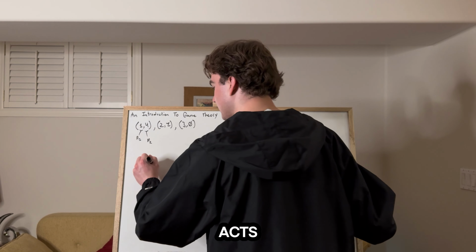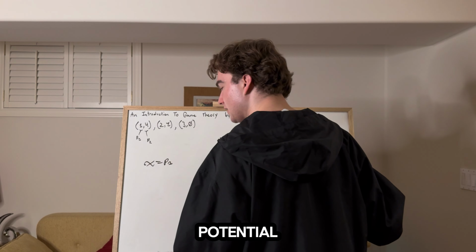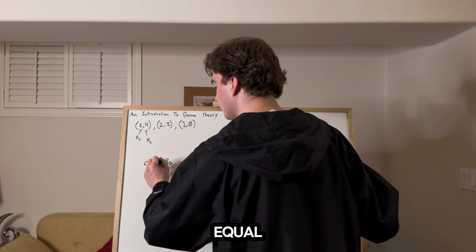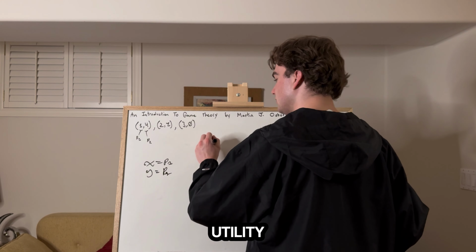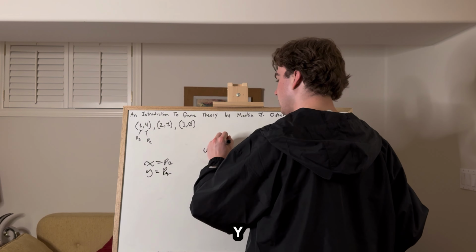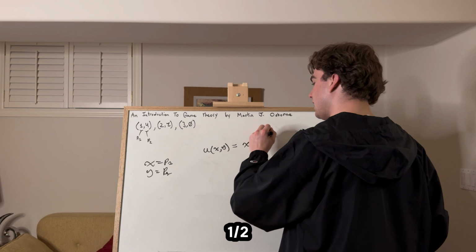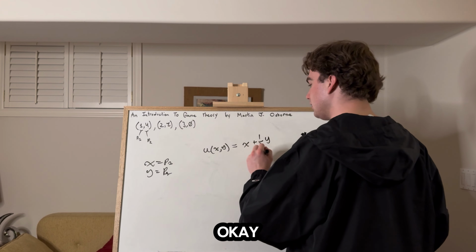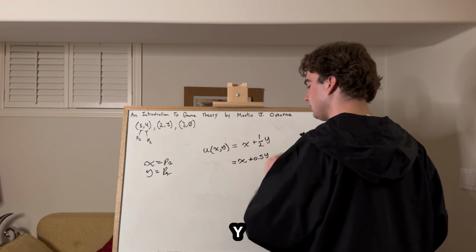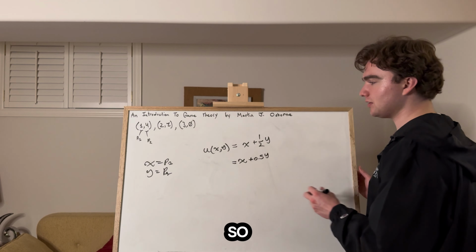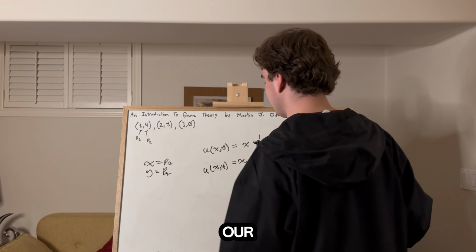So I'm going to let x equal player 1's potential gain and y equal player 2's potential gain, okay? And so your utility with respect to x and y is equal to a full x plus 1/2 of a y, okay? Or you could write x plus 0.5y, okay? So this story is consistent